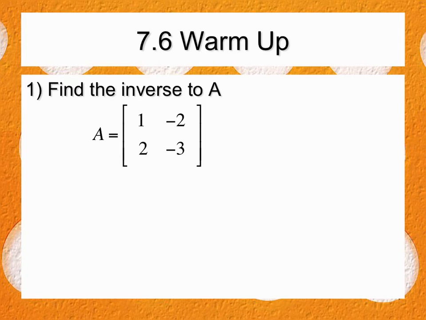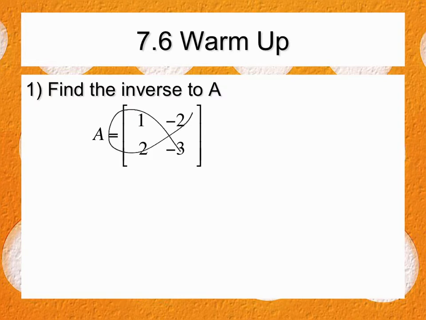All right, so 7-6 was inverses, showing if two matrices were the inverse of each other, where you had to do the work to get that pattern, the 1, 0, 0, 1, or finding the inverse like this one. So I'm going to do the shortcut on this because we're going to do the long one when it gets to the next one. Okay, but the shortcut was to find the determinant, which is